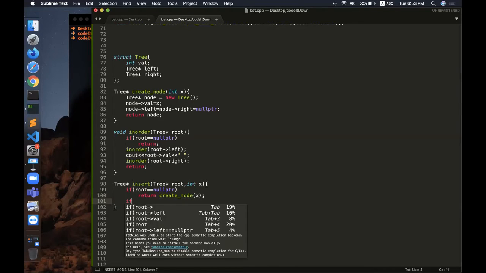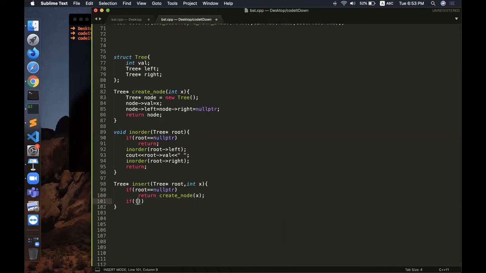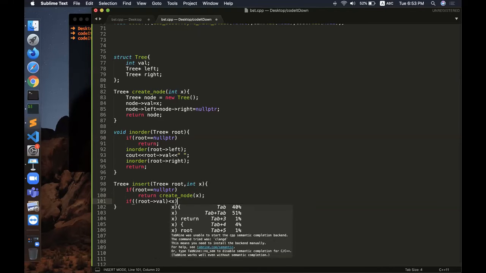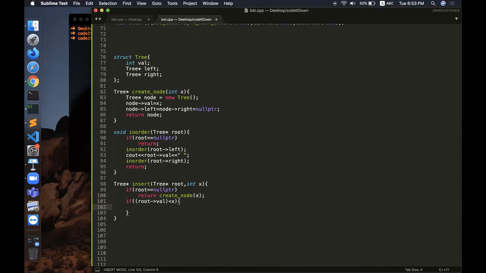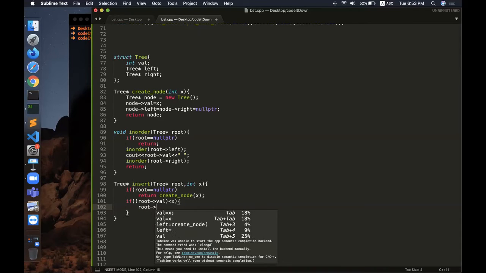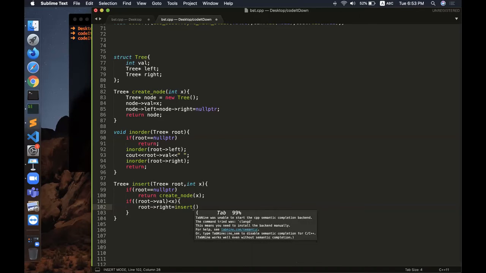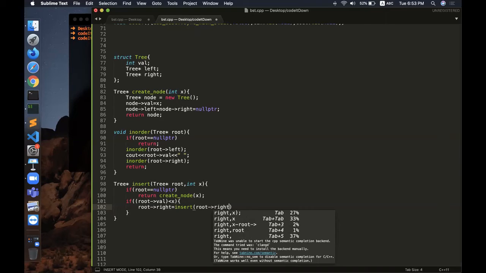Else, I check if the root value is lesser than x. So if the value at the root is lesser than x, or you can say the value which you want to insert is greater than the value at the root, what should I do? I should go to the right subtree and find the proper position there, so I recursively find out the position in the right subtree.